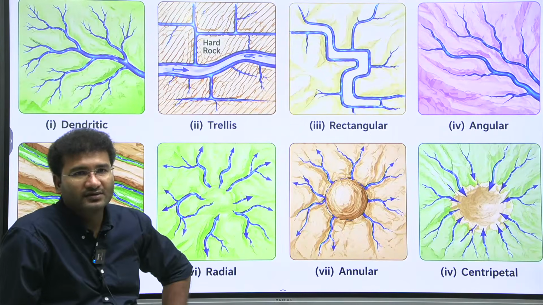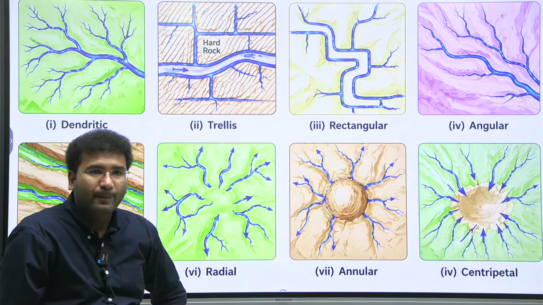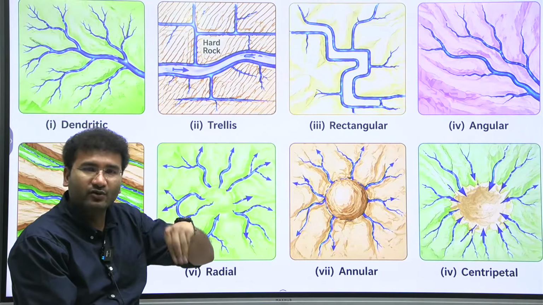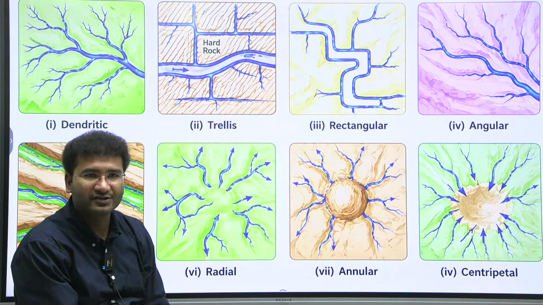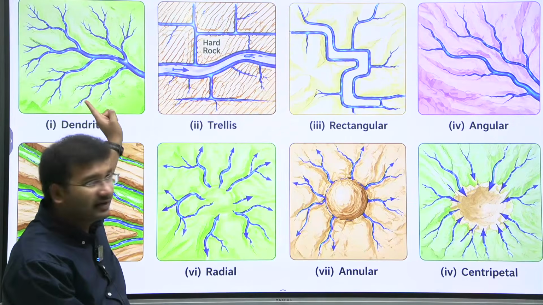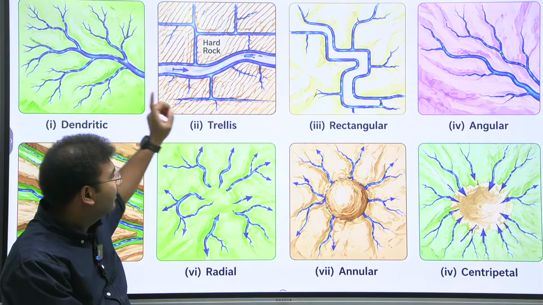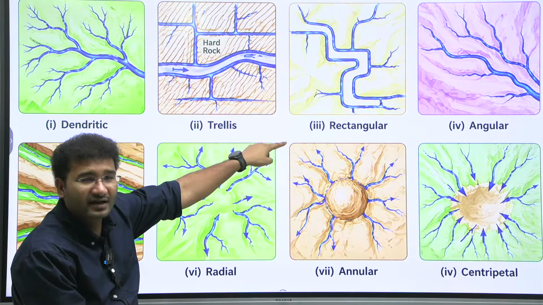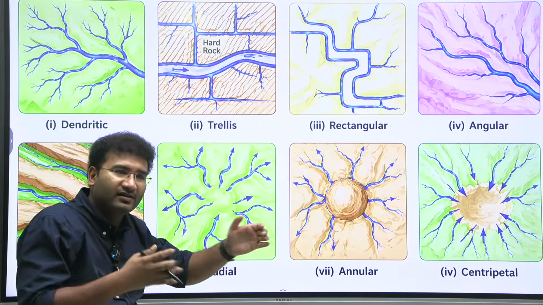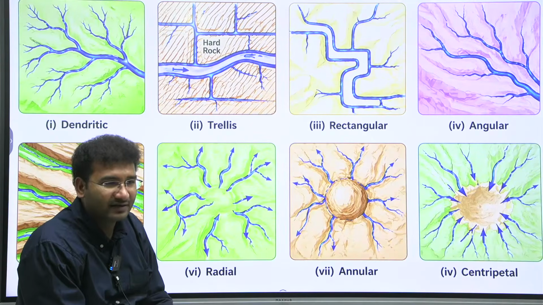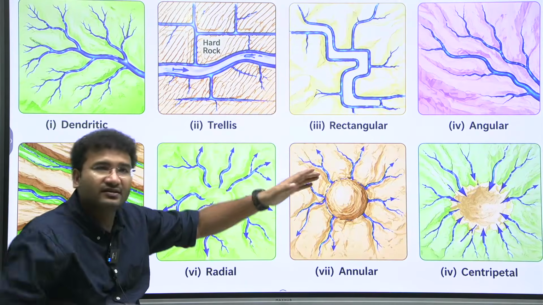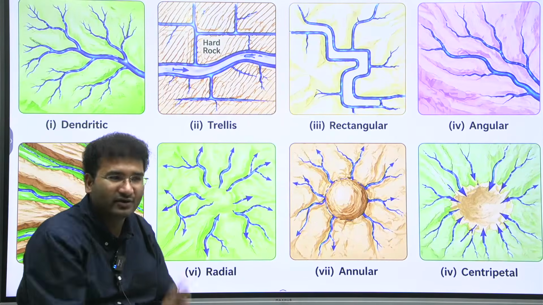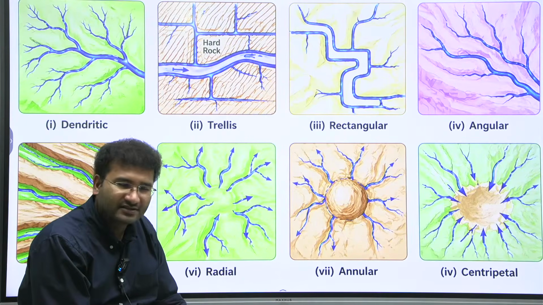Now listen. See here. Drainage pattern is how a river looks when you're looking from the aerial view. That is called as drainage pattern. In this, if it looks like a tree, it is called as dendritic. If it looks like hard rocks are there, it is called as trellis. And then rectangular pattern is when two rivers flow parallelly and join. That is called as rectangular pattern. Angular is whenever the rocks are hard at one place and softer at another place, angular joinings will be there. For each of this, there are certain examples that you need to know.